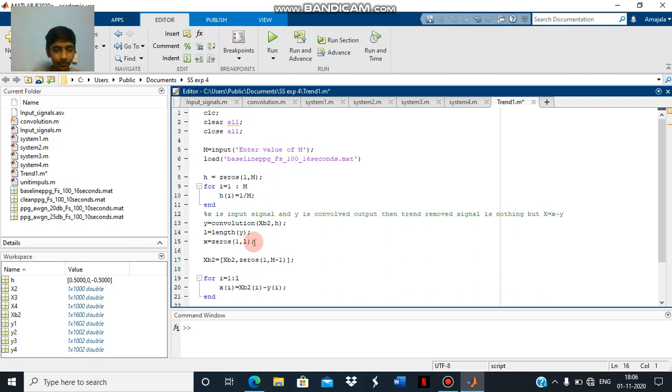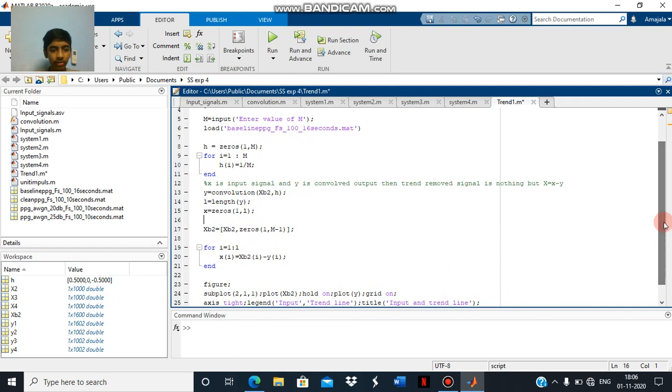So here I have convolved the signal, and let L be the length of the convolved signal, and I considered X as zeros of 1, L. To match the length of the matrix, I have considered the remaining elements of the input signal as zeros. I have used a for loop for finding the trend removed signal: X of B2 minus Y. So when I run this program,